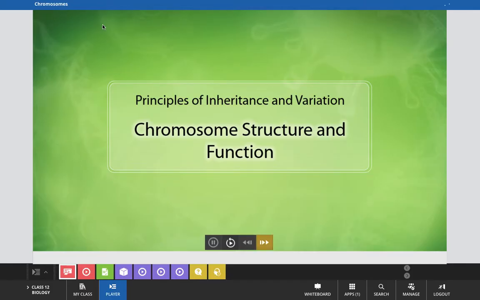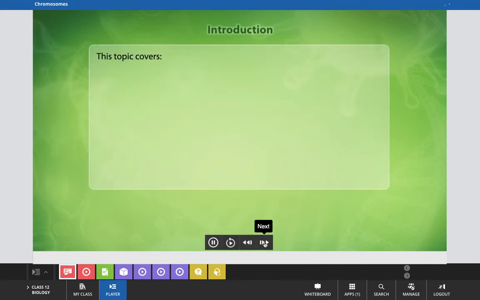With the chromosome structure and function. In today's class, we will cover the topics which are related with the chromosomal theory of inheritance. We will focus on chromosomal theory of inheritance with description of chromosome structure and function due to the various discoveries time to time done by the different biologists.